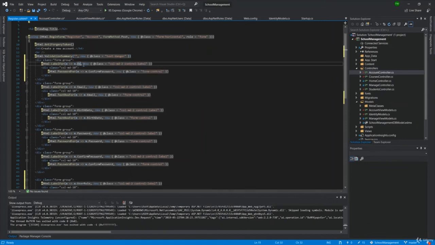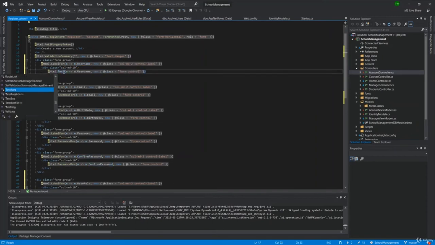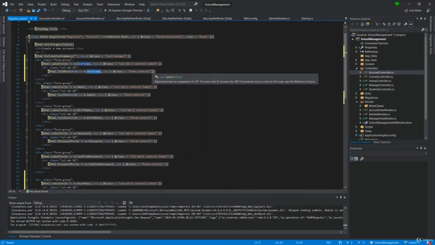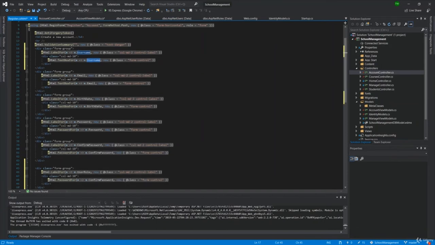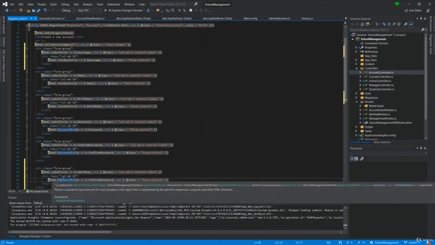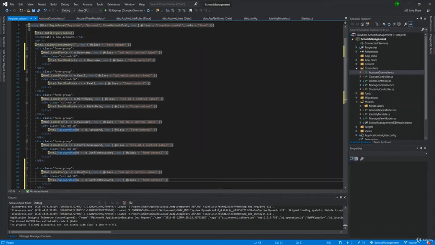So let's do username, and we will change that value. And this would also be a text box for, as opposed to a password for. So a text box for our username. All right, and then likewise down here, we actually would change this to user role for the label,